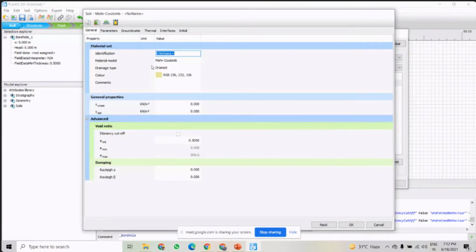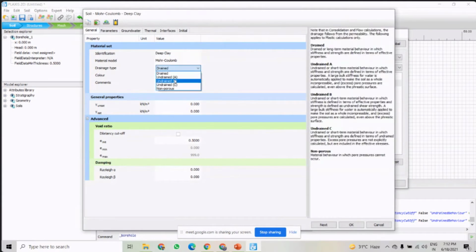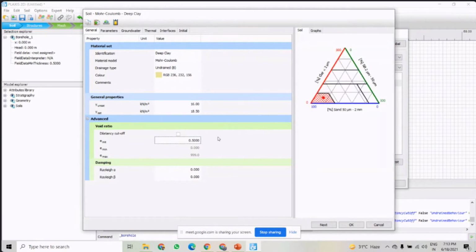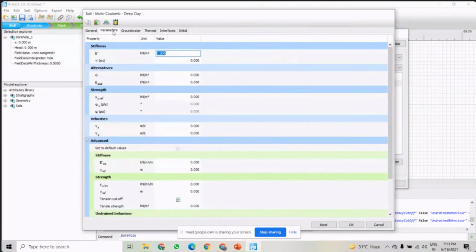Now the next one, that is deep clay. For deep clay, we'll take it again as the Mohr-Coulomb material model, undrained B, and this will be 16, 18.5. Then parameters.